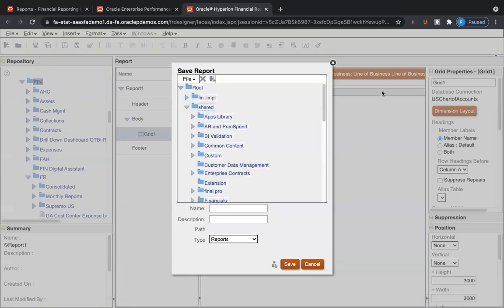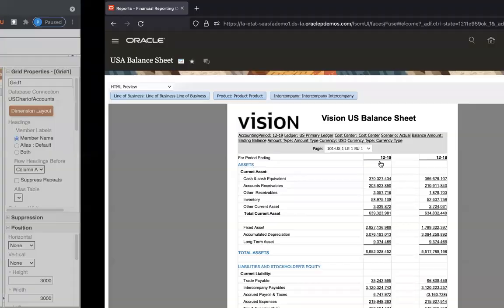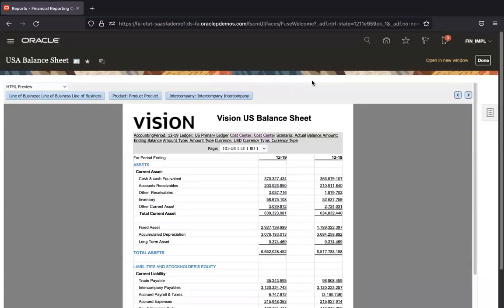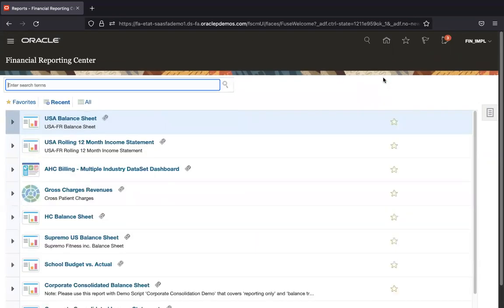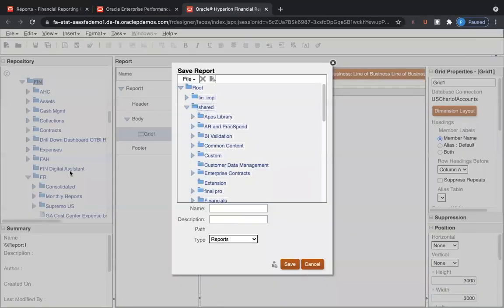If you intend to run your FRS report from this particular work area, the Financial Reporting Center work area, from where you kicked off this balance sheet report, or if you intend to access the custom report also from the FRC work area, then you will have to save it to this particular folder,